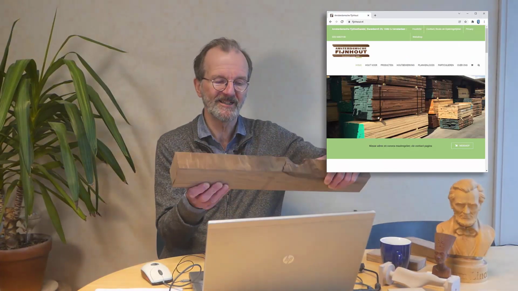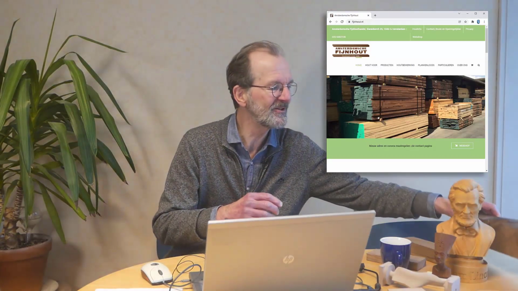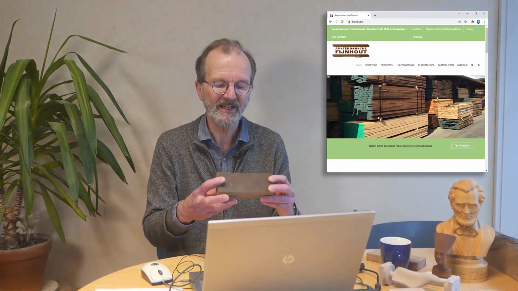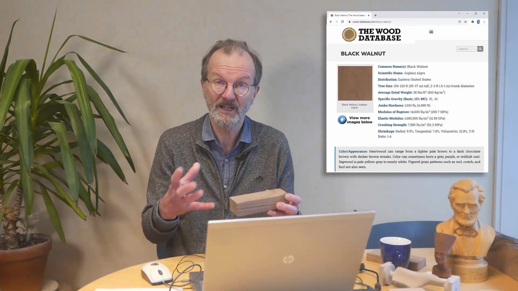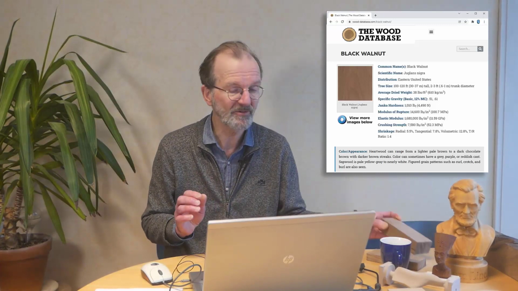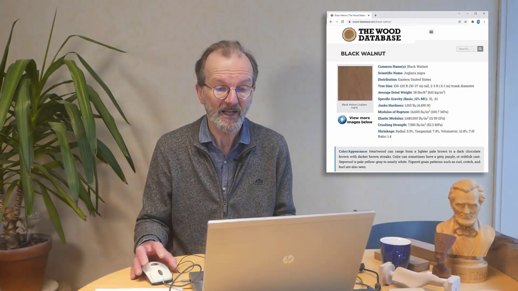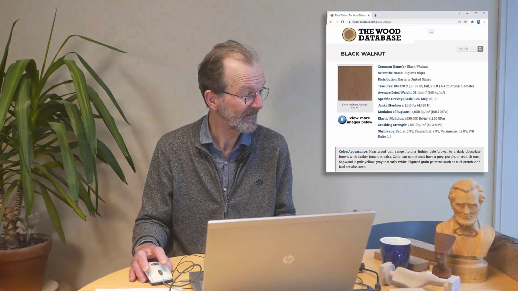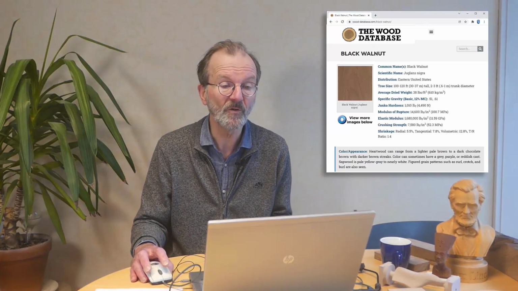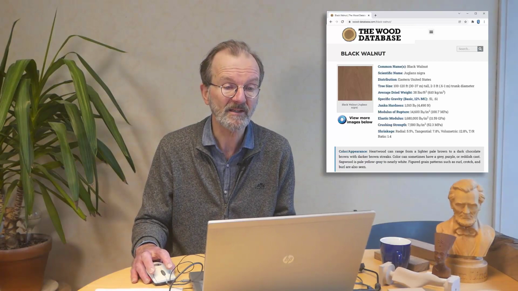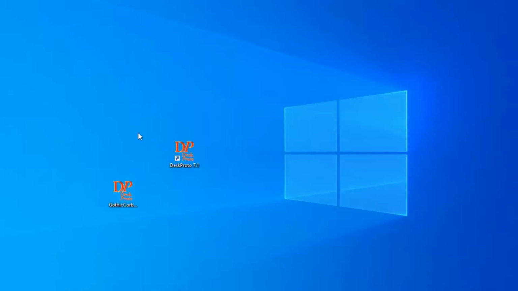walnut wood. I got a nice beam of walnut, and I created some small blocks as my milling machine is small, so I needed a block to start with. Okay, so I have the STL file on my desktop. I have the wood, the size of my wood. I can start DeskProto. So here we are at my desktop. I've made it empty except for the DeskProto link and the STL file. So let me start DeskProto.